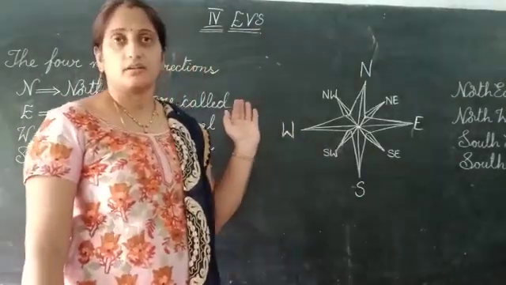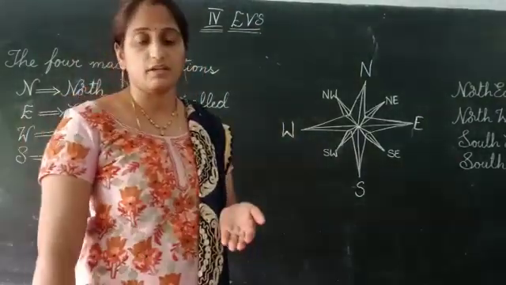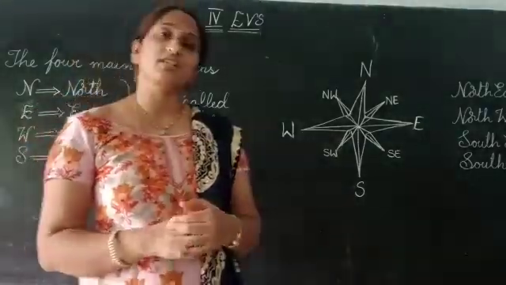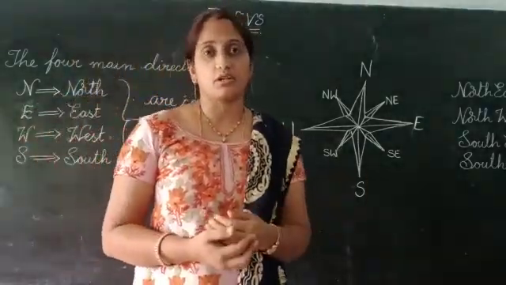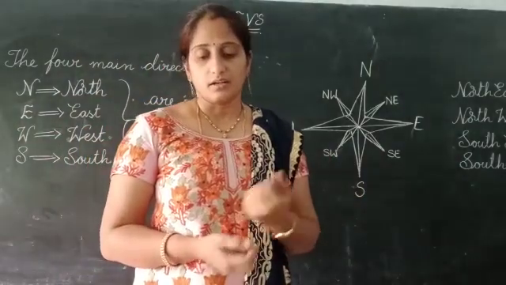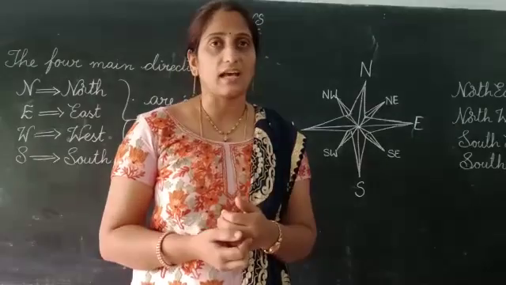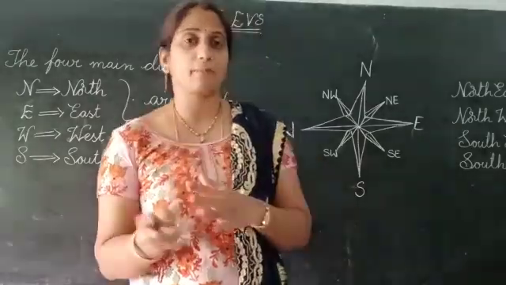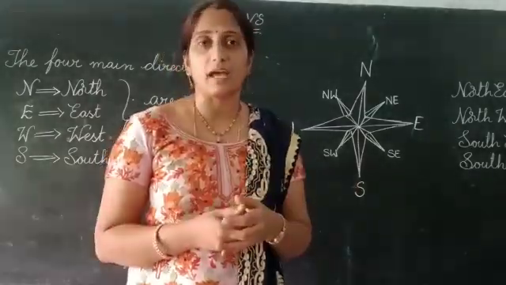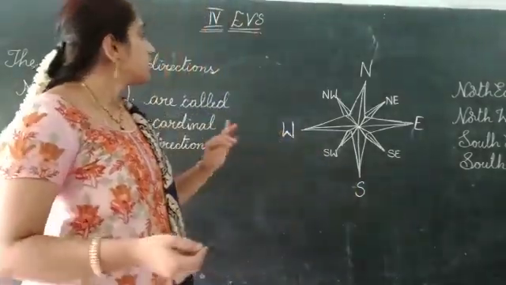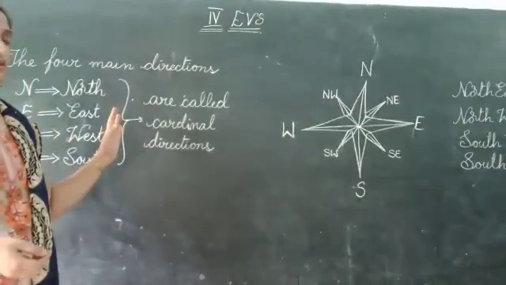We are learning the first lesson of our EVS, Our Country. Yesterday we learnt about the national symbols and the 7 continents, right? And we learnt what is the difference between a map and an atlas, the difference between a map and a globe, how we can use a map, etc. Today we are learning about the directions.